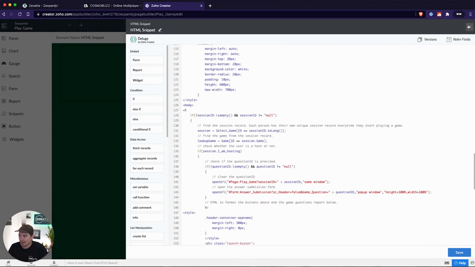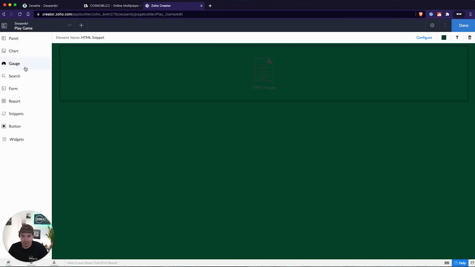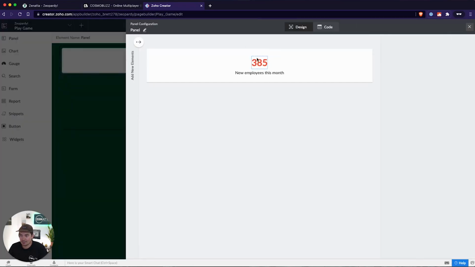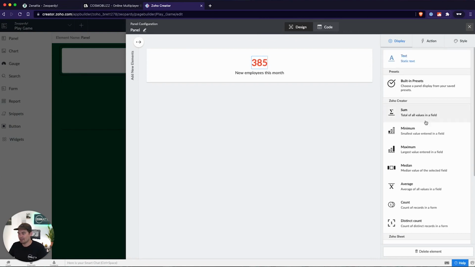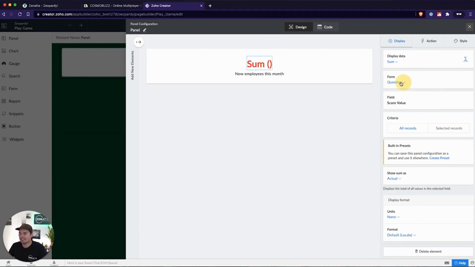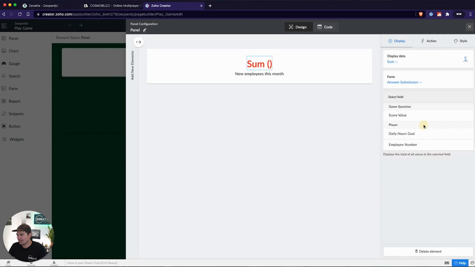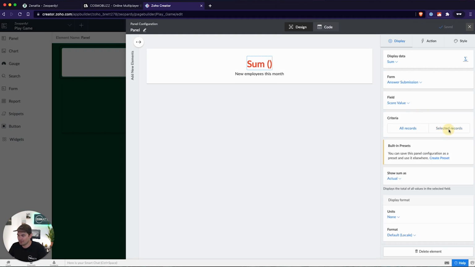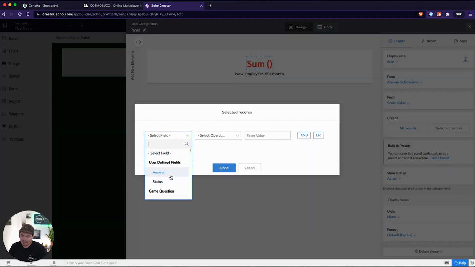Now, this is an example of a more complicated use case of this. You can also use URL parameters within pages to just control simple elements on a page. So I showed the example of an HTML snippet, but you could also use a panel element. Let's say I want to display, it could be anything, let's say we want to show the sum of the answer submissions, and we're trying to sum the score value for the selected records. And then we could say if game equals